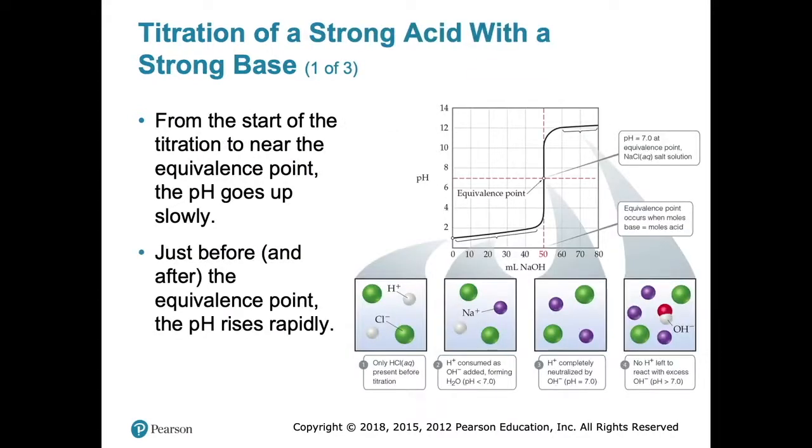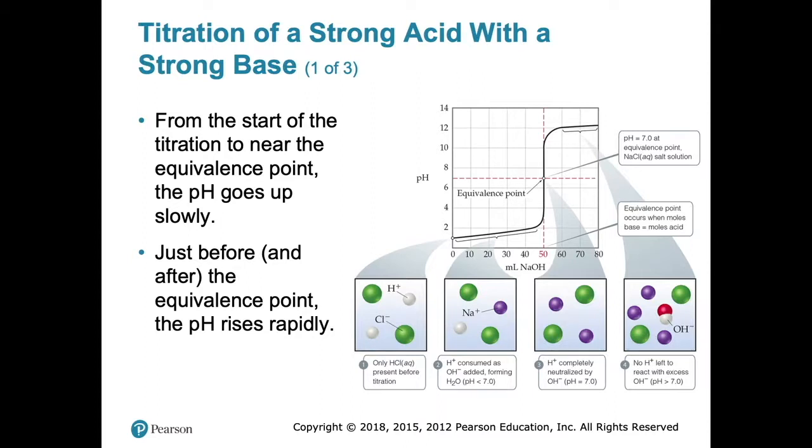So what happens when you titrate a strong acid with a strong base, which is basically what you did in the last experiment, right? It starts out really low over here. So we have pH on the y-axis, and we have mils of sodium hydroxide on the x-axis, right? A lot of you guys, when you were doing the titration, you weren't seeing anything turn pink, right? You're like, what's going on here? Nothing's turning pink. Well, it's because it actually starts out super slow. At the very beginning, when you have an acid, it starts out super slow, right? And it doesn't start turning pink until it gets up around here, right?